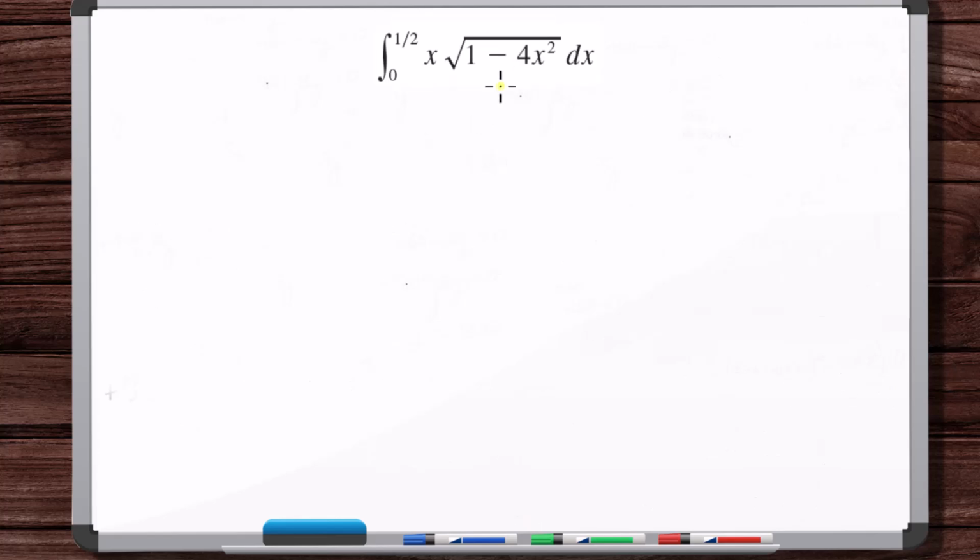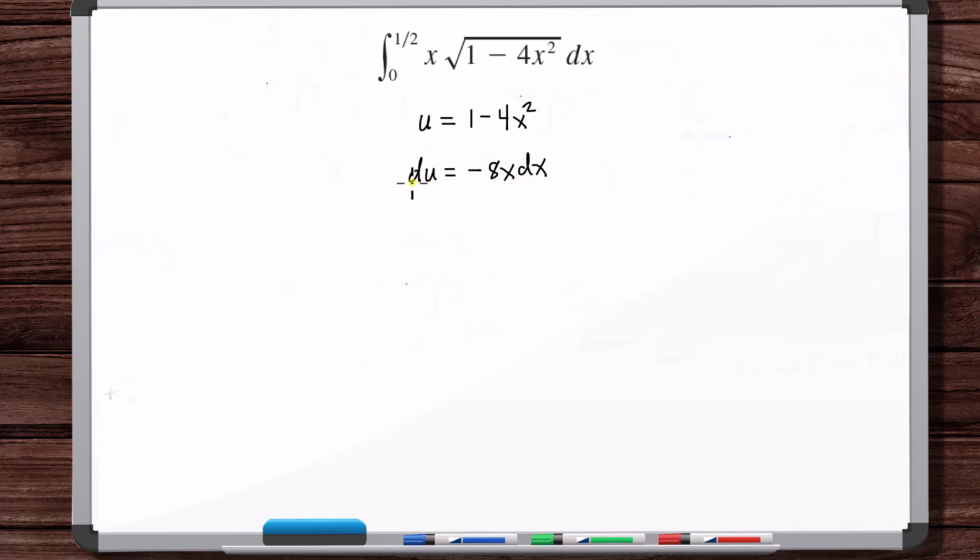Okay. So, here, what I notice is we could potentially do a u substitution. So if we said u is equal to 1 minus 4x squared, then du is equal to minus 8x dx. And so we could get x dx. I'm not sure why. I guess they just want us to practice trig substitution, so we're going to do a trig substitution, but